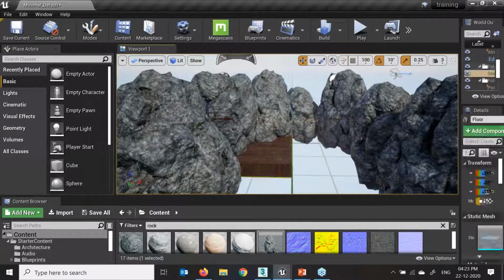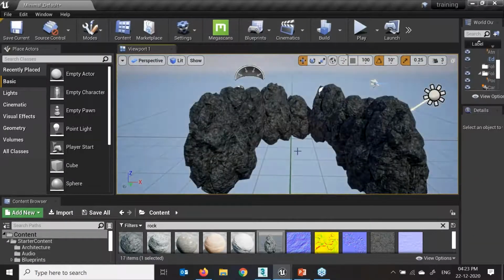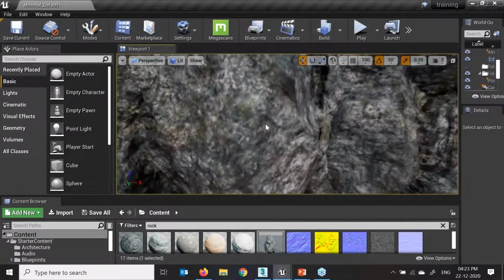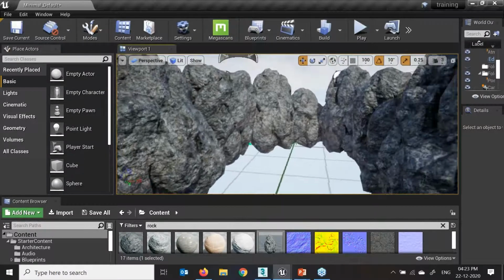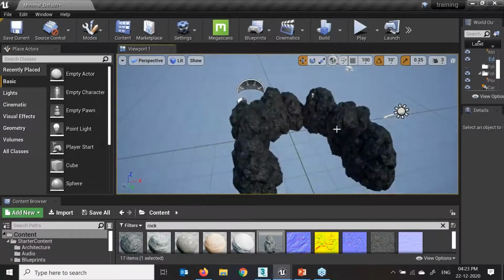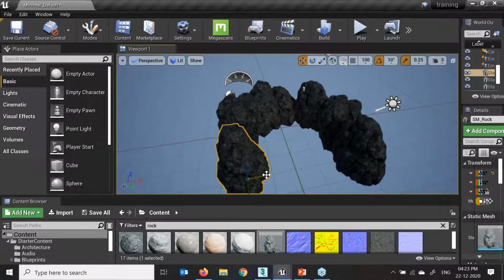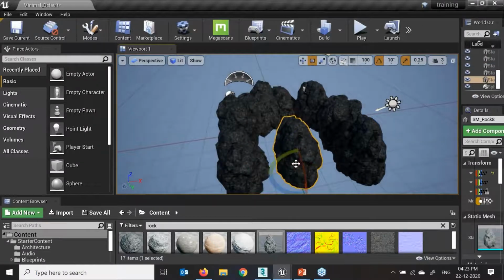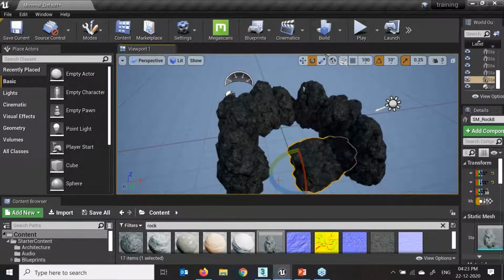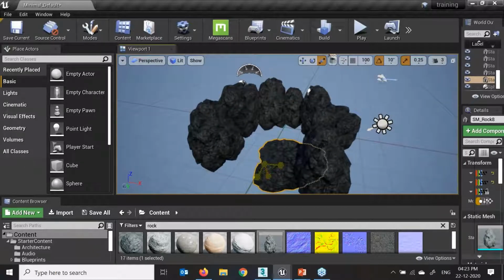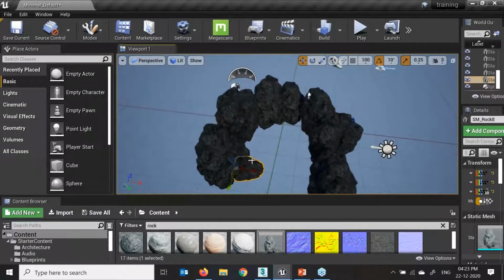I'll just select and delete my ground. As of now I do not require it, correct? I'll just zoom in and zoom out. Here we can see this is really very easy. Alt and move. I'll just do the scaling over here. Scale, reduce it, rotate it 90 degrees, scale it a little bit more. I'll put it over here. Alt and just drag this. Alt and drag.